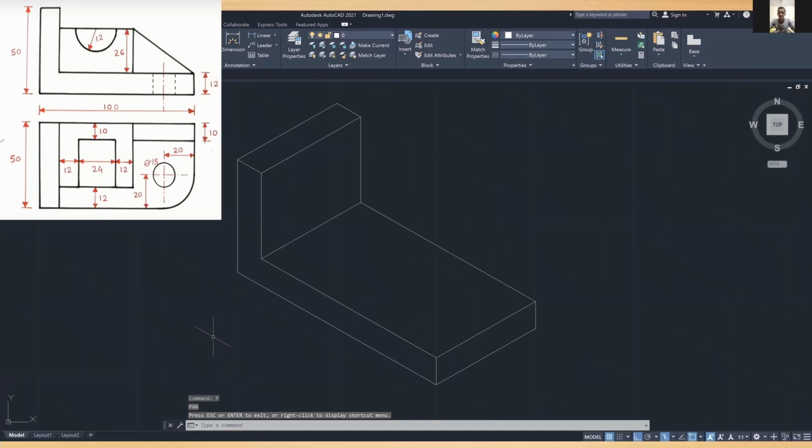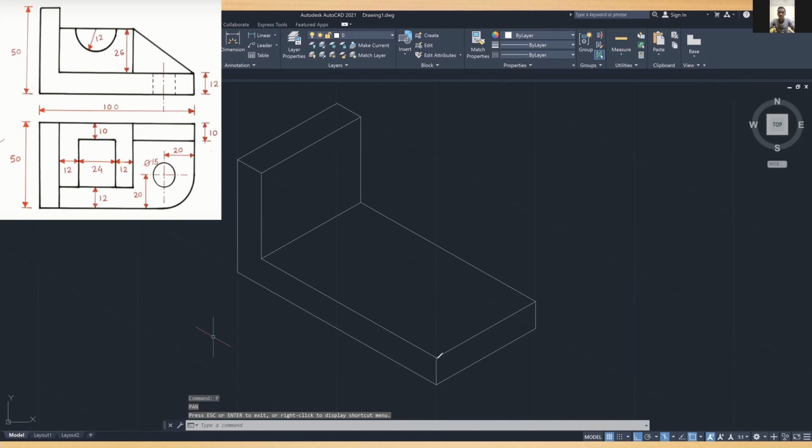We have to make a line of 12 from the center to the right plane and join both the lines with a horizontal line of 50. From that line of 12 from the center, make a line to the left of length 88. And now copy the line of 88 length and paste it to the right plane corner. Join both edges with a line of length 50.